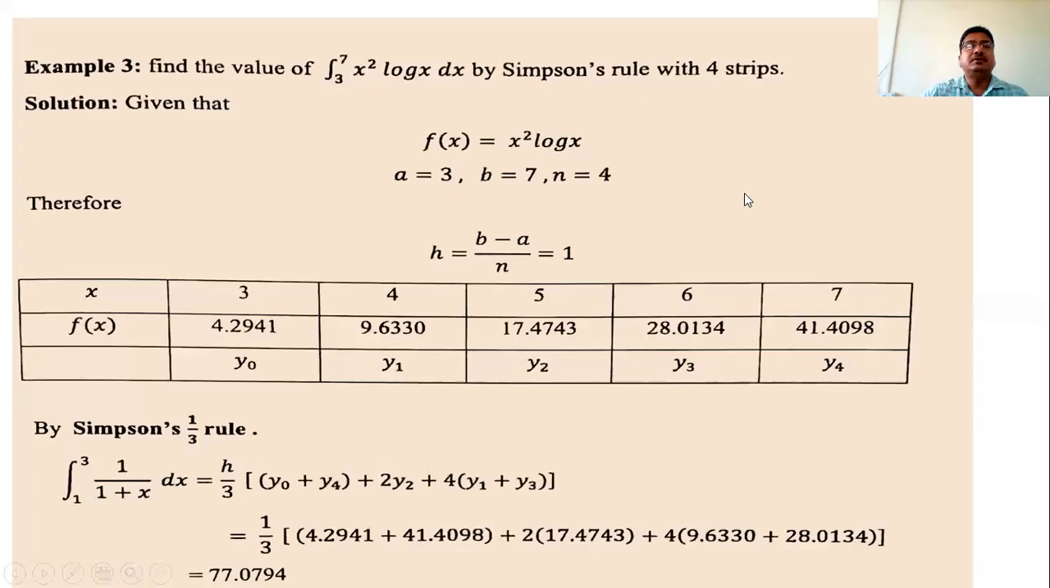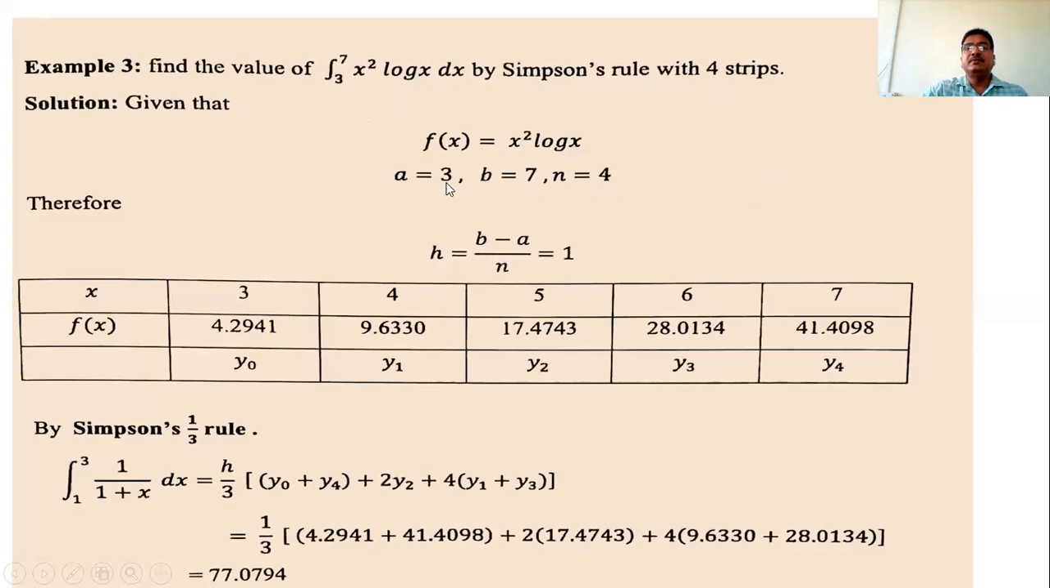Next example on Simpson's rule. The example is: find the value of the integral from 3 to 7 of x square log x dx by Simpson's rule with 4 strips or 4 sub-intervals. That is, we have to divide this interval 3 to 7 into 4 subparts, 4 sub-intervals, and each of length